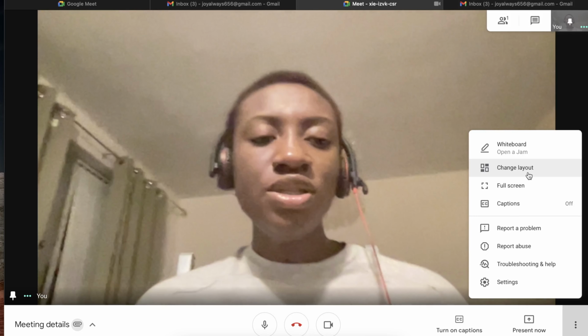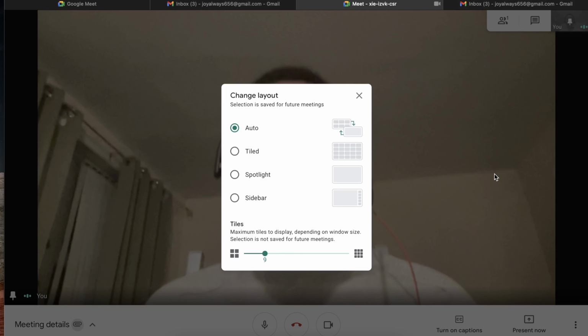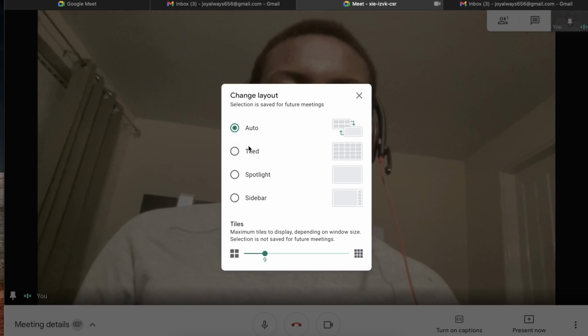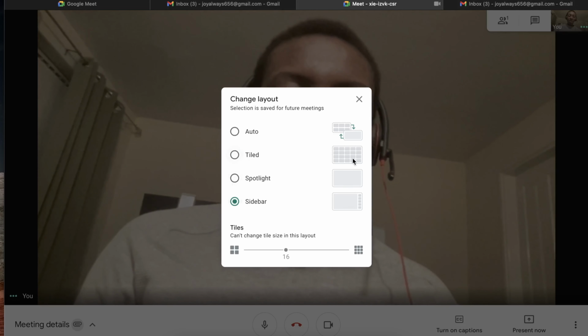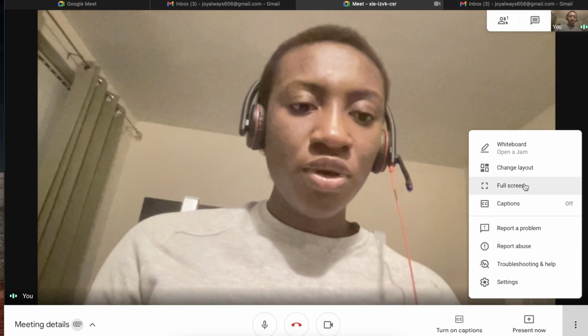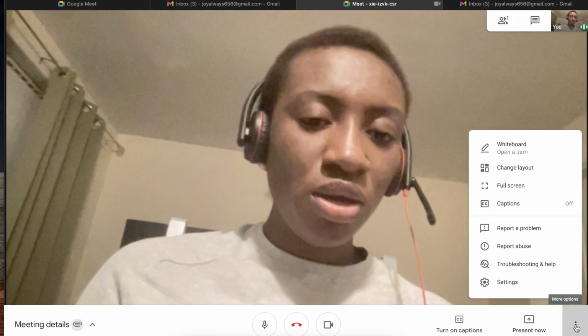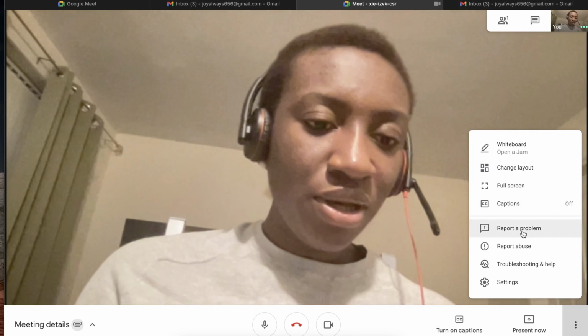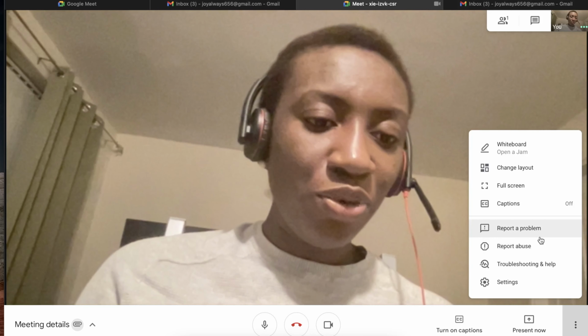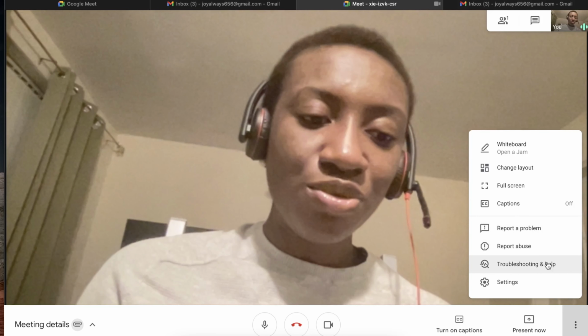We can also decide to change the layout here. Mine is currently on auto. We can decide to put it on tiled, spotlight, or sidebar, and as you can see, there's a preview of what your screen or interface will look like. So you can decide to change that at any point in time. You can also use the full screen option. For the captions, we've already looked at it here, so I won't be doing that. You can also report a problem, report abuse, troubleshoot, and